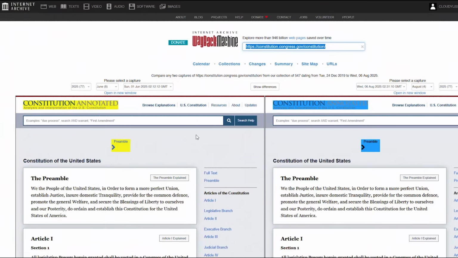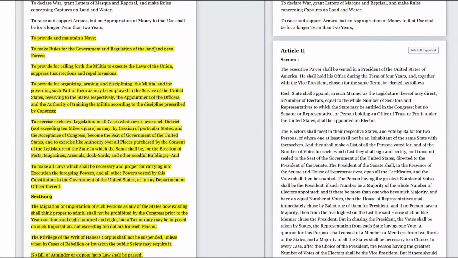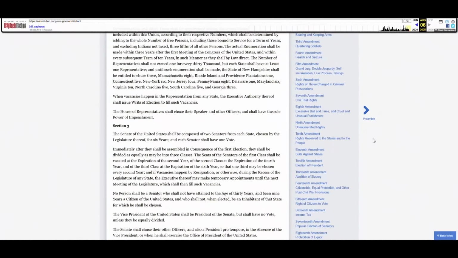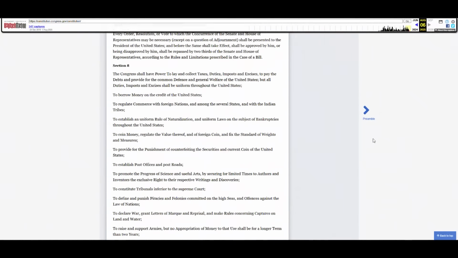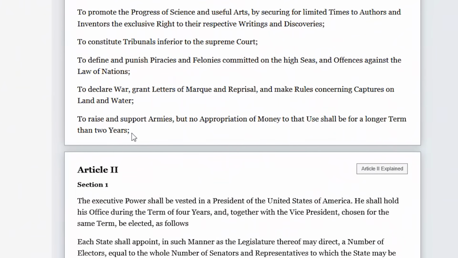And you could see on the Wayback Machine, they actually have a yellow highlight that shows you what was deleted. But you can see if you go on the Wayback Machine and you scroll down, Section 8 just cuts off at a semicolon here. And there's no 9 and 10. It just goes straight to Article 2. It's just gone. Those sections specifically, and I'm going to show you what they actually say here, have to do